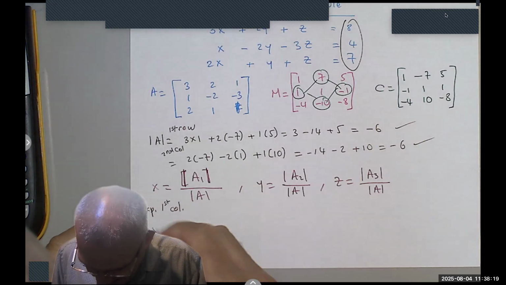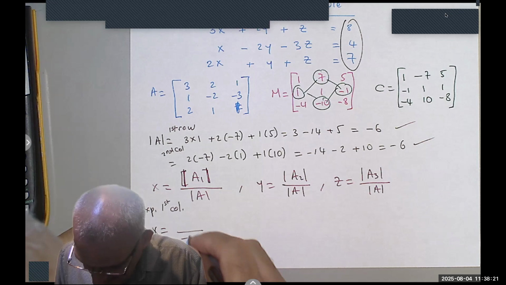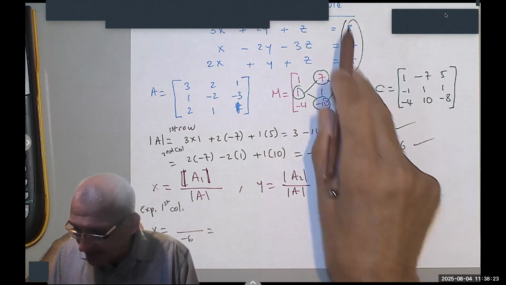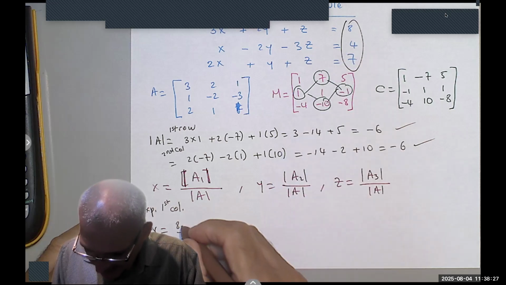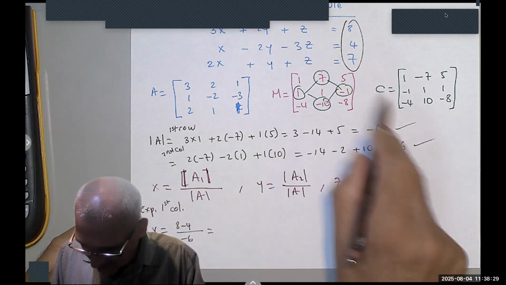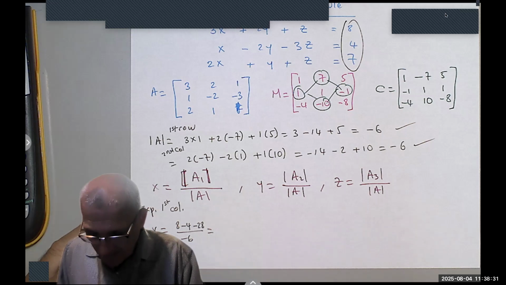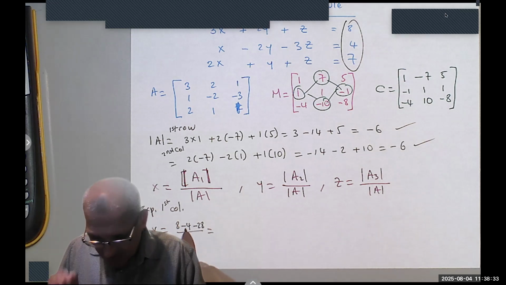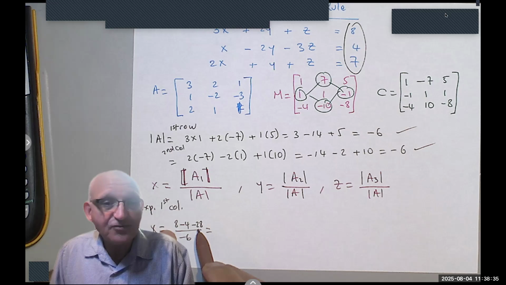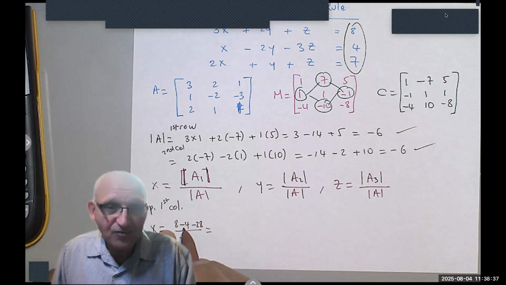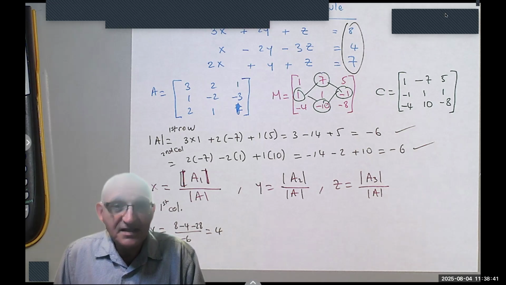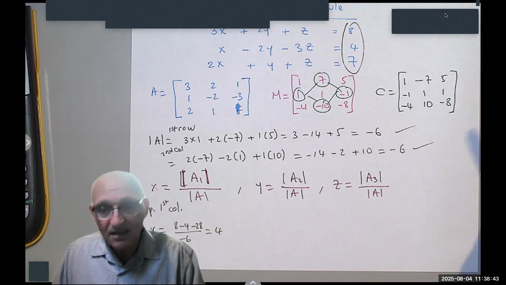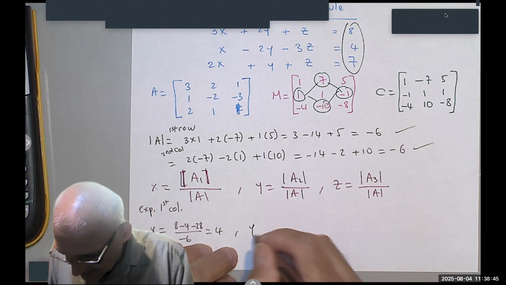So x becomes, over -6 equals, I'm going to multiply 8 times 1 plus 4 times -1 plus 7 times -4. So -28 minus 30, -28 plus 8 is -20, minus 4 is -24. Divide by -6, x is 4. See how easy it is. Y equals